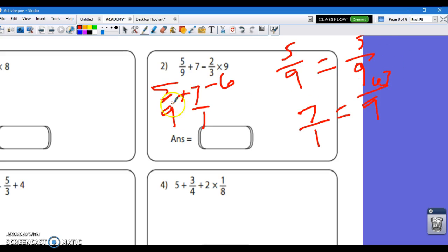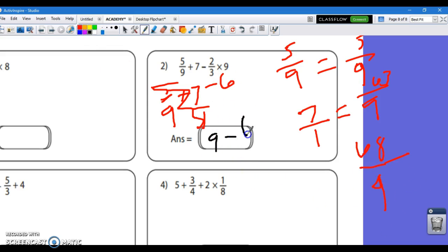And I'm going to add them together because remember it was addition. So 63, 64, 65, 66, 67, 68. So this is 68 over 9. I know it's top heavy, but don't worry about changing that into a mixed number until after you're complete. Okay? So what we have done is this. So now we'll take that answer,